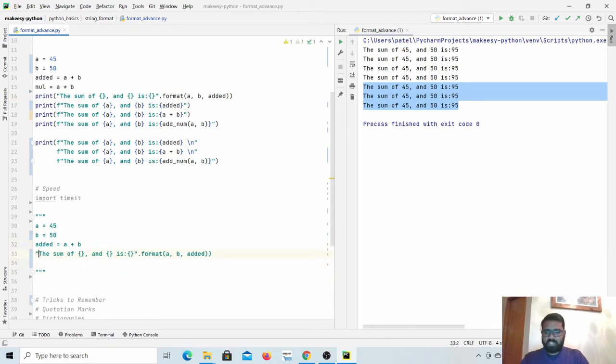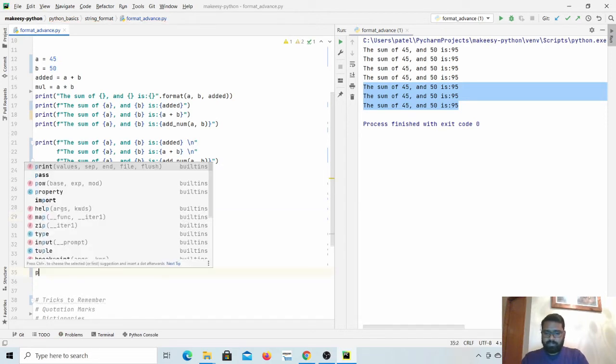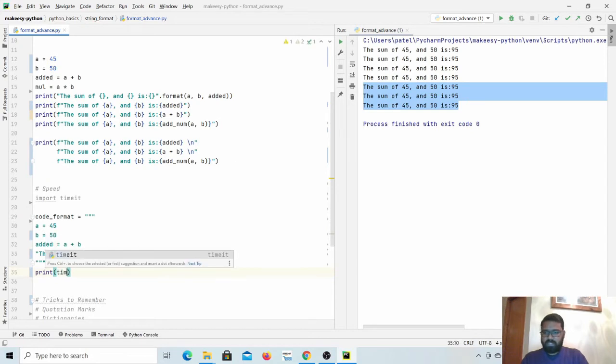So this will be our code block that we want to run and time it. Okay, so let us simply time it. Let us assign it to a variable like code format is equal to this. Okay, now we can simply say print timeit.timeit, and then code,